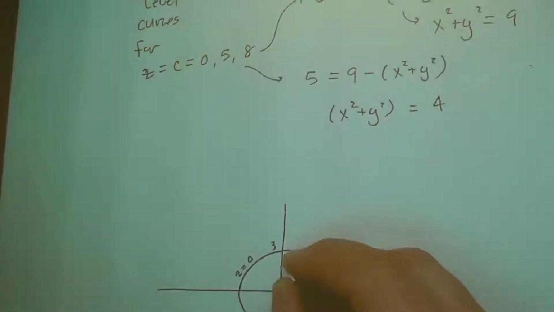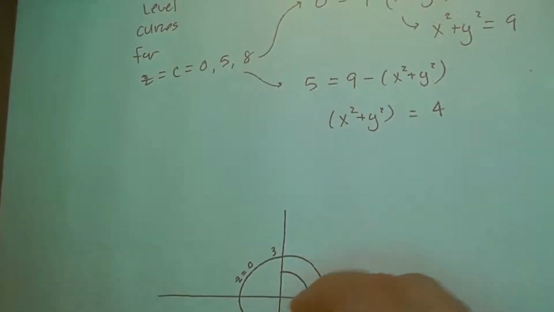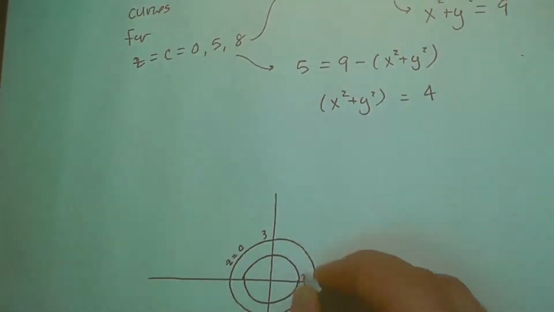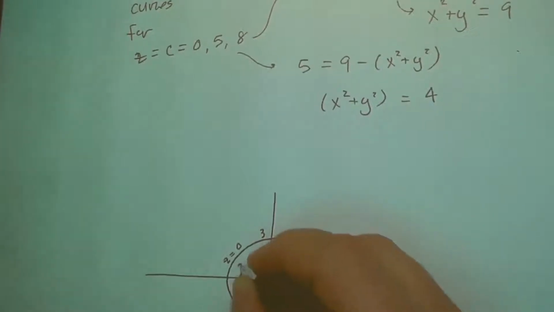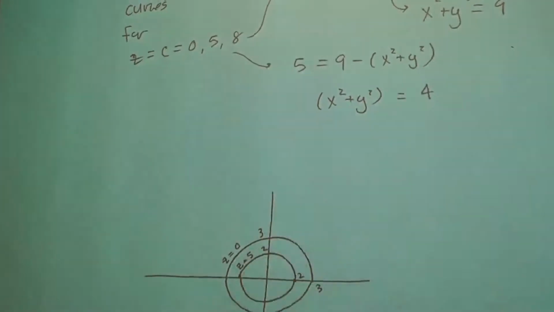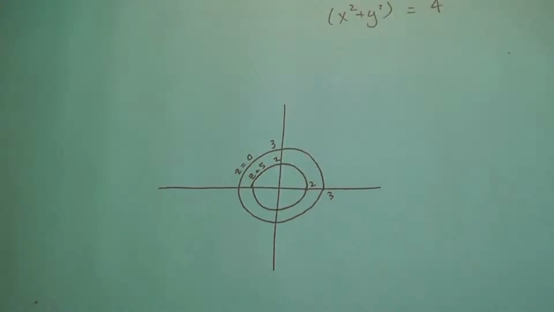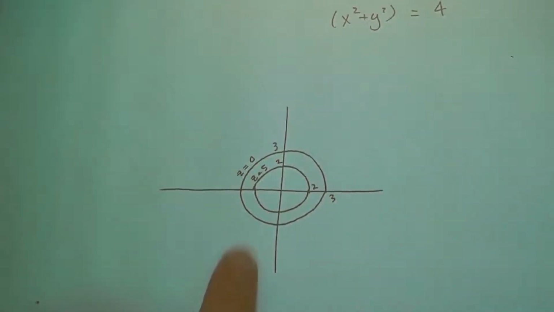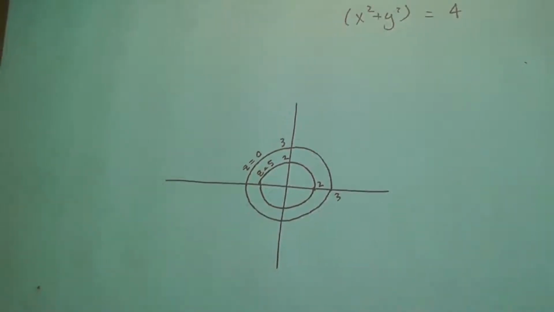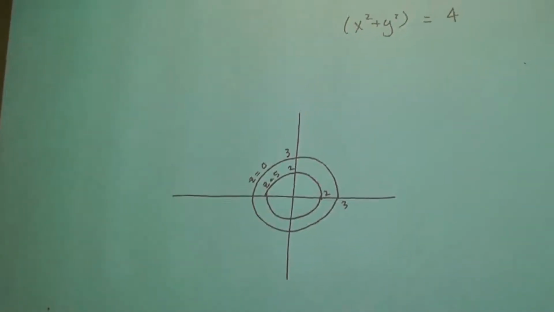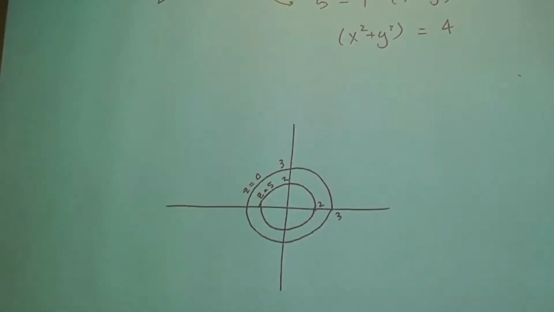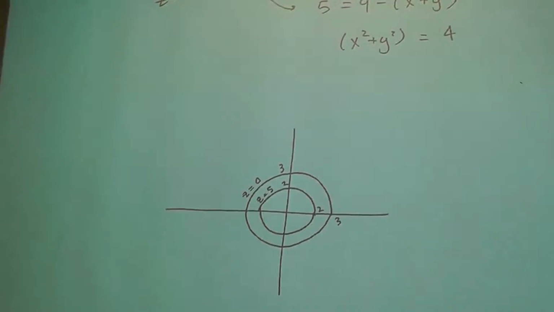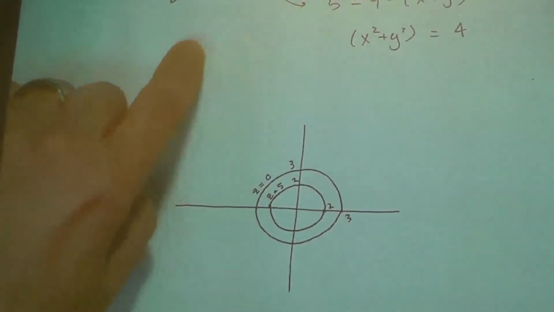So I'll try my best to freehand that. And again, those are intercepts of 2, and that represents the z equals 5 level. Does that give you an idea of what this surface kind of looks like? As you go toward the origin, the topography is getting, okay, at the xy plane, you have this curve of intersection, a circle of radius 3, and then 5 clicks higher, I get a circle of radius 2, so that kind of gives you at least a cone shape, okay? And then when I get to the value z equals 8,